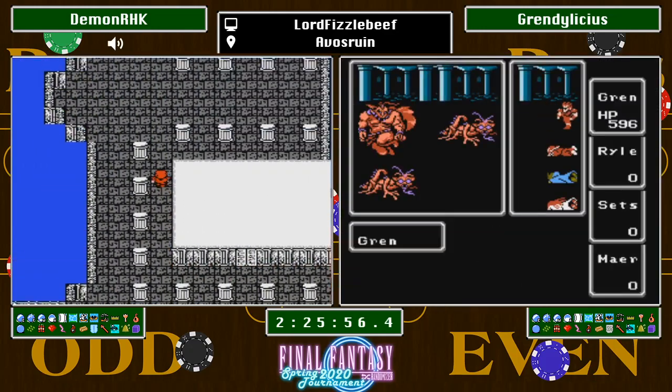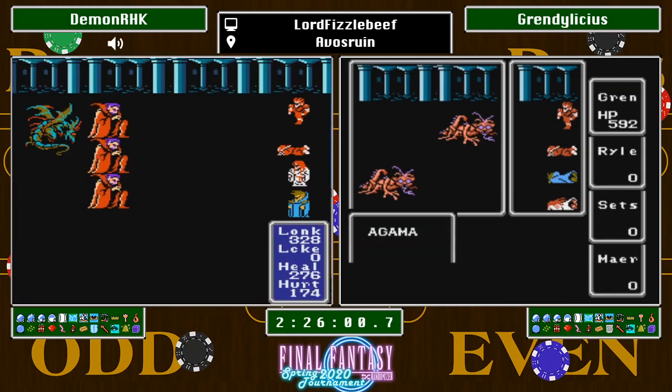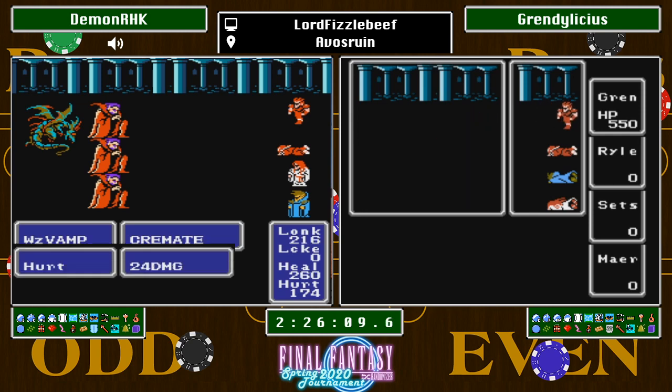Because he's on Opal Armor, Opal Shield, and Ribbon. It might not be equipped. Okay, cool. So I would get that in the correct slot and equipped, and then the things that I said. Meanwhile, DemonRHK